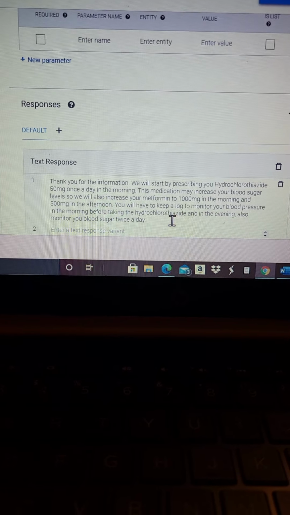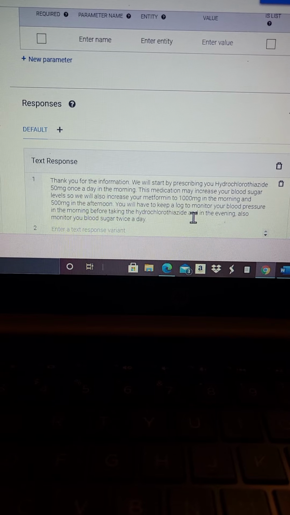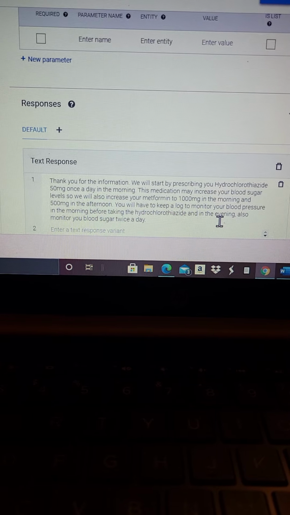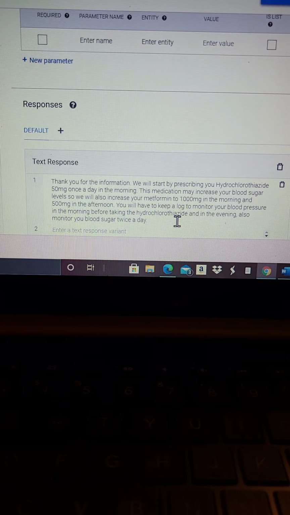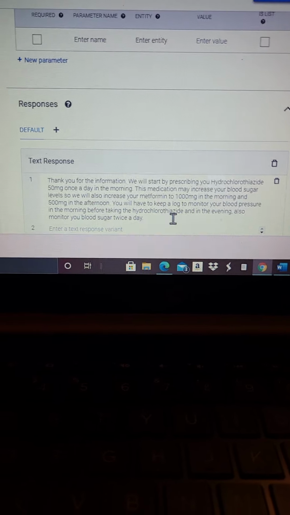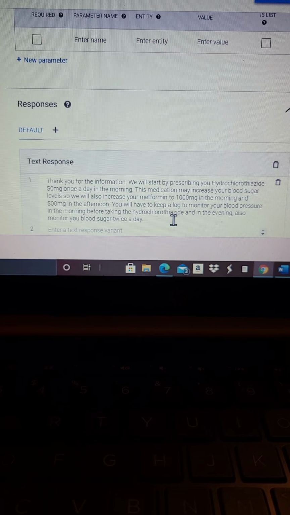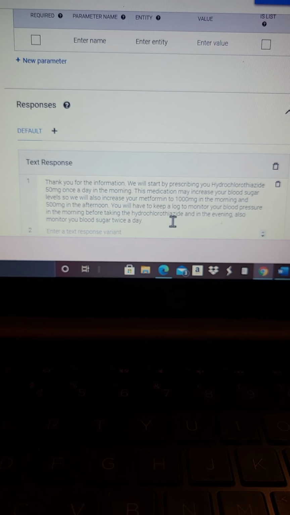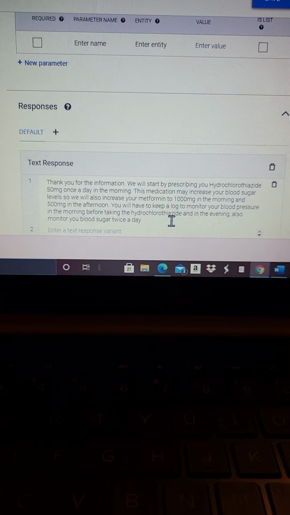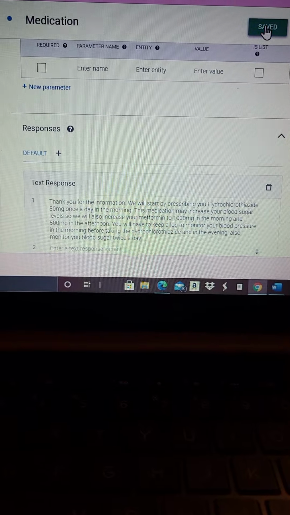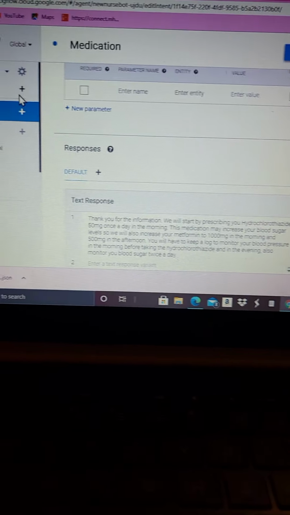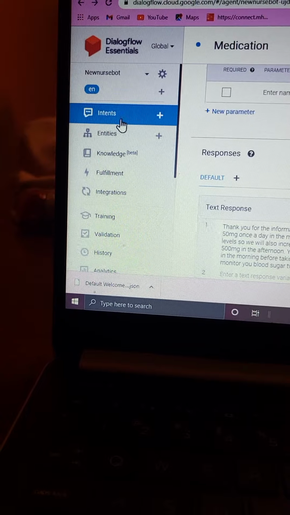And to just keep a log and monitor her blood pressure prior to taking the medication and in the evening, and also to monitor her blood sugar levels to see if her blood sugar is becoming unstable because of the medication. So once you have all of that, again, you save and you just continue to flow. You go back to the intents,